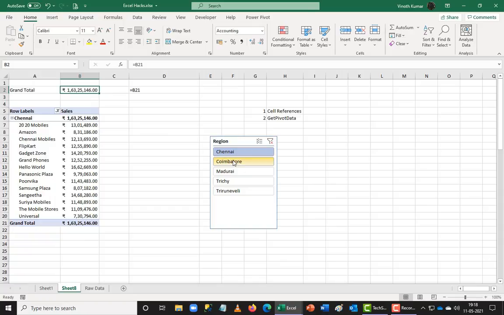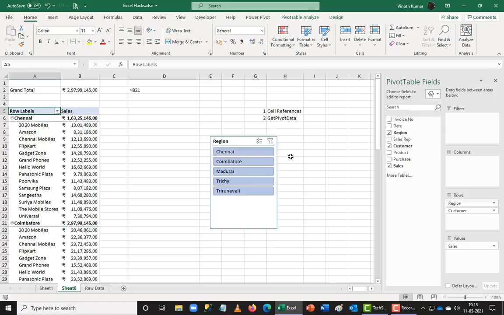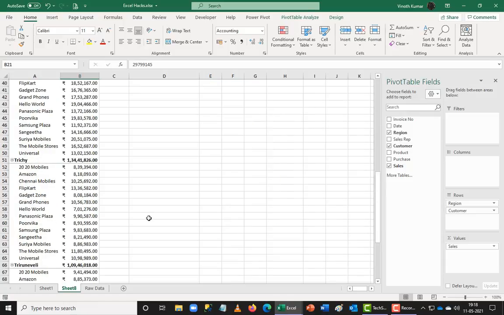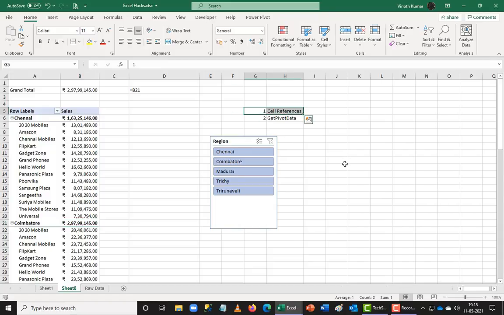But when I go to Coimbatore, if the number of line items is similar, then it works easily. When I clear the filter here, it gives a wrong answer, because it is taking this cell as a reference, B21. But my grand total comes way below the dimension. That's why this may not be very effective when we are working in a list. I can try to use a formula, either a VLOOKUP or an XLOOKUP, to find this.